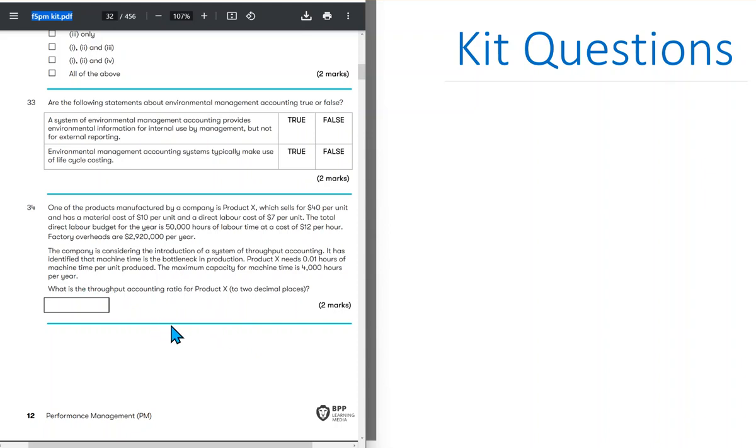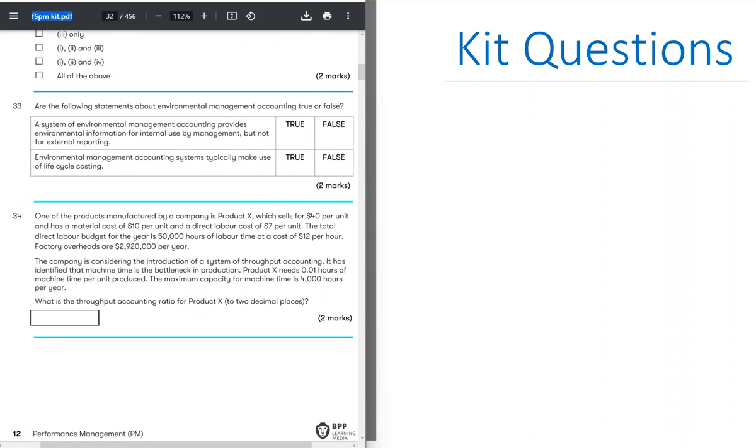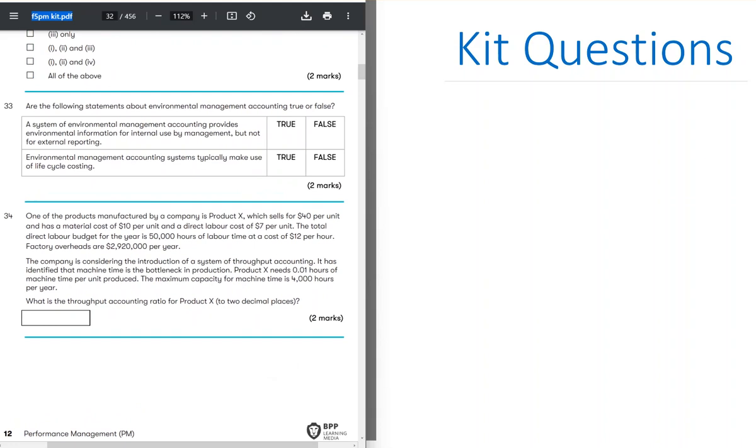Next, what is the throughput accounting ratio for product X to 2 decimal places? One of the products manufactured by the company is product X, which sells for 40 per unit. And has a material cost of 10 per unit and direct labor cost of 7. Total direct labor budget for the year is 50,000 hours of labor time at a cost of 12 per hour. Factory overhead is 20,000. The company is considering the introduction of a system of throughput accounting. It has identified that machine time is bottleneck in production. Product X needs 0.01 hours of machine time per unit produced, and the maximum capacity for machine time is 4,000